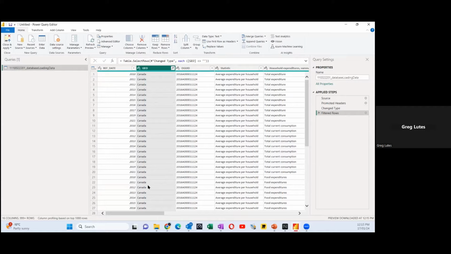A lot of times we can't alter the original data, and Power Query allows you to slice, dice, and clean up that data as you see fit. But I still have Canada mixed within all the different provinces. So Canada is all the different totals, total expenditures for different years, current consumption, food expenditures, and all the rest. But for Canada,